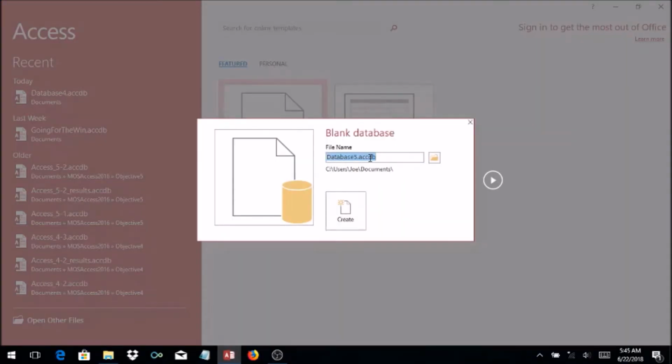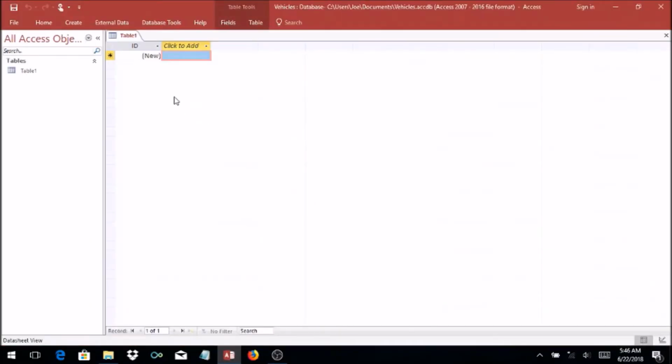Leave this ACCDB extension. You can keep the default name, or let's change it. I'm going to call it vehicles because this database is going to hold information about our vehicles like car, truck, motorcycle, bicycle, and also our outdoor power equipment like a lawnmower or a garden tractor, etc. So then click the create button, and then it opens up and it automatically creates this first table for us